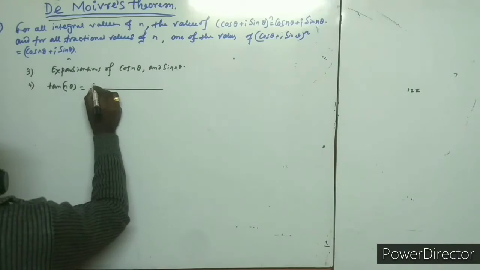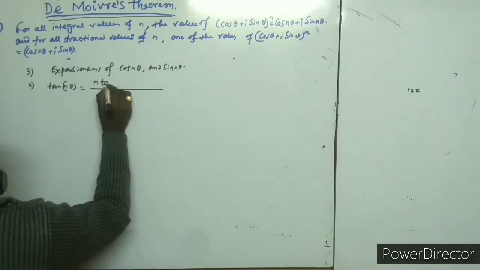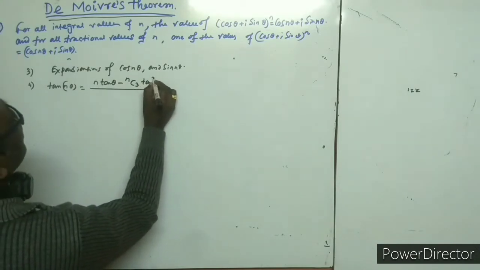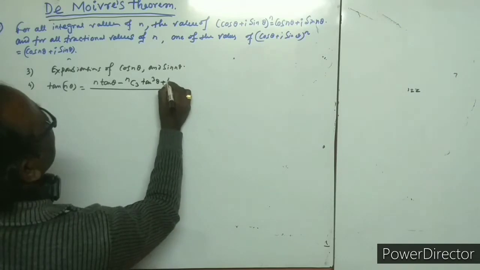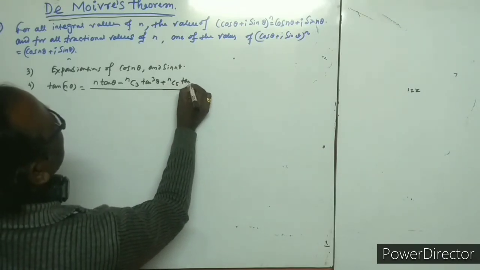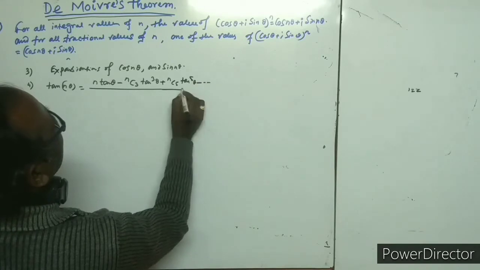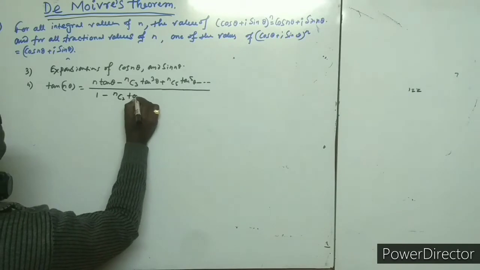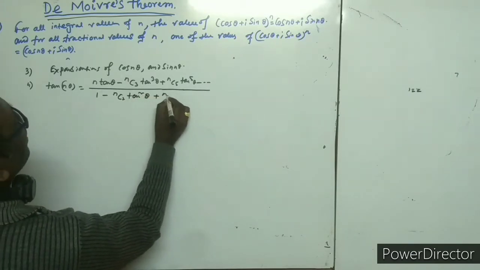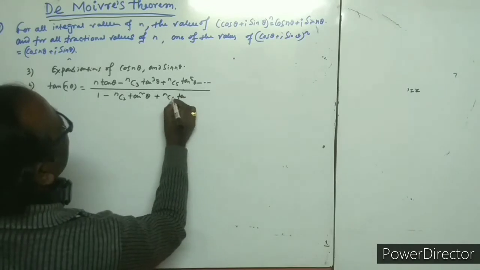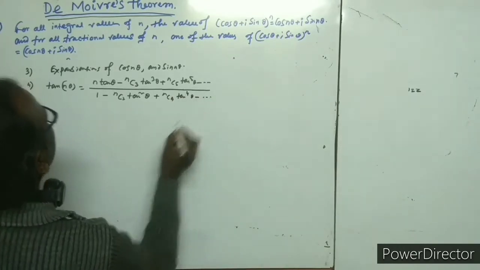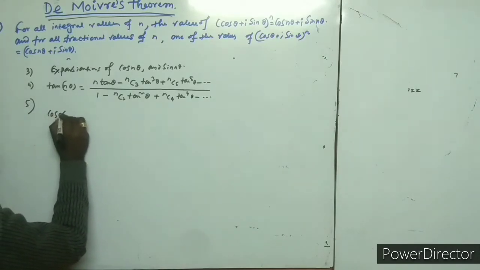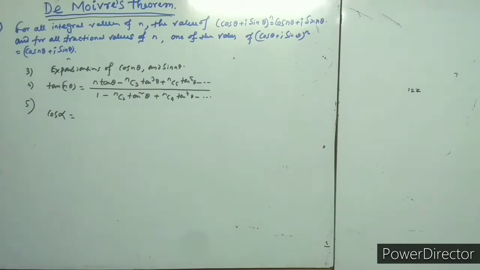That is equal to n tan theta minus nC3 tan cube theta plus nC5 tan 5 theta, okay, divided by 1 minus nC2 tan square theta plus nC4 tan 4 theta. Okay, and number 5, that is cos alpha, that is equal to